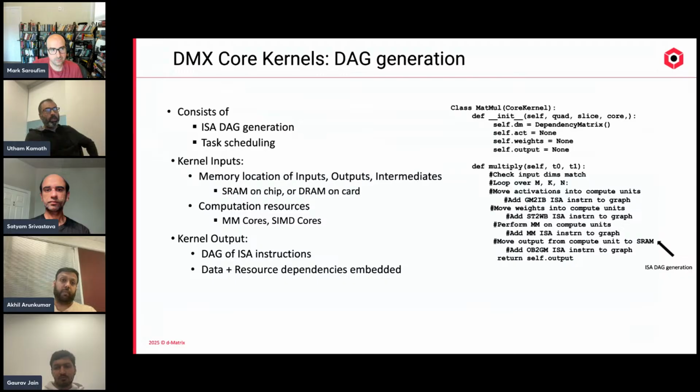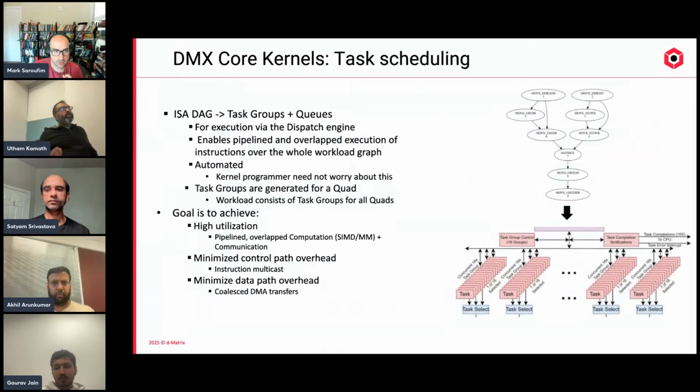And once you execute the core kernel, or once you run the multiply function, what happens, and you can see here, there is a looping over the m, k, and n dimensions of the tensors, and it loops through these, and the activations. So you can see here that we are moving activations into compute units, and we're adding the various instructions that constitute the graph, the various instructions that constitute what needs to be done for that operation into the graph. Similarly, we're moving the weights into the compute units, and we are adding the instruction for doing the weight transfer to the graph. And so the graph is being constructed here as the multiply function is being executed. And once that directed acyclic graph is...